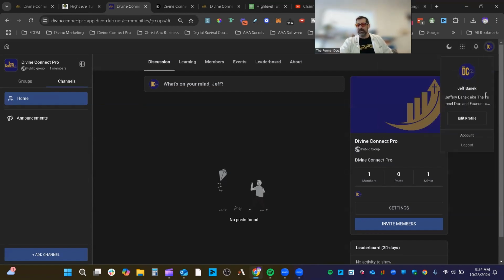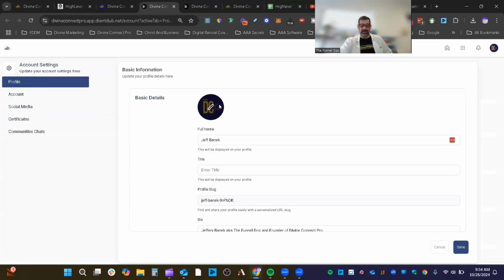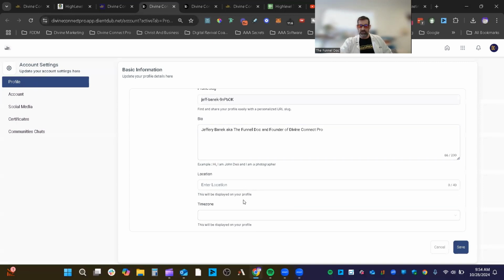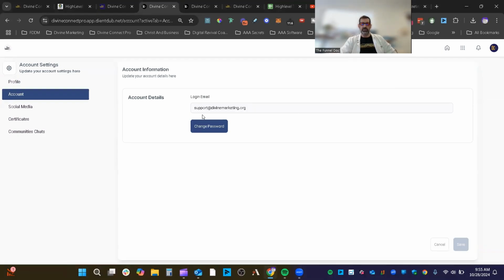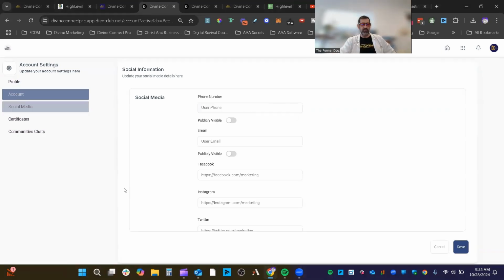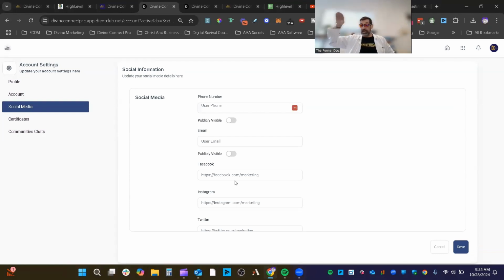And then the last thing is your actual account settings. You can edit your profile or your account. If you go to edit your profile, it's going to be like your basic stuff. Here's all your account information, your location, your time zone, your bio, your icon for your image, your avatar image. So you've got your account email, then you've got all your different stuff, your social media, that if you want to display underneath your actual account profile, when someone goes in,